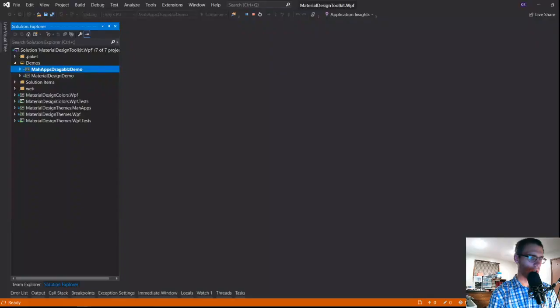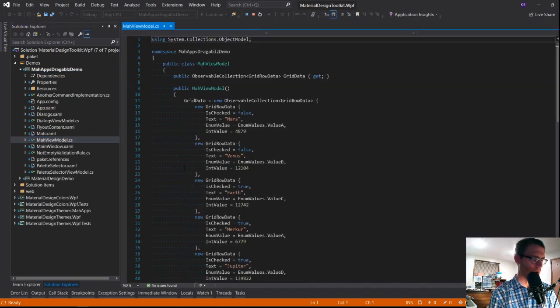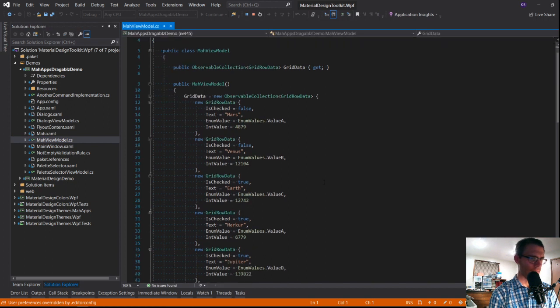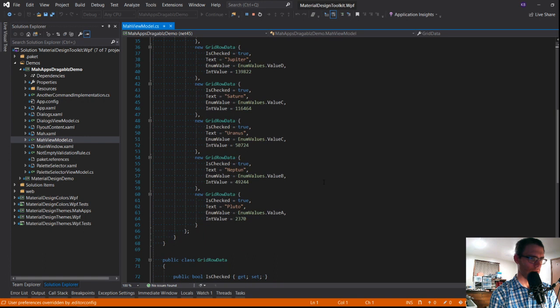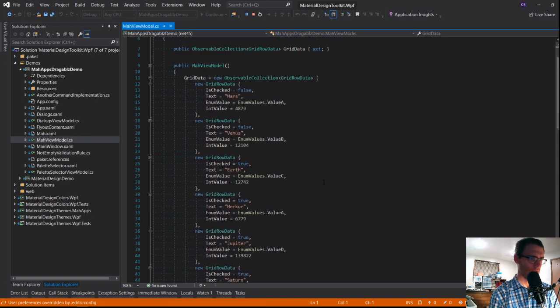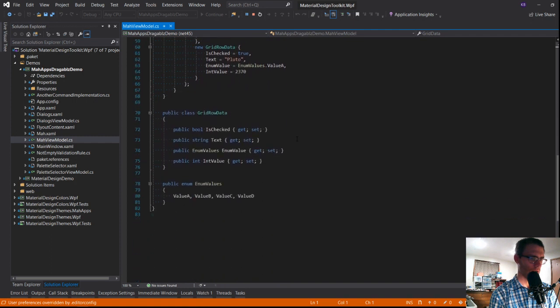Let's go and look, because I don't think this guy has anything. Ooh, MAAP's view model. So this guy has stuff, but nothing. Just grid data, grid row, enum values. Okay. Well, that's wonderful.